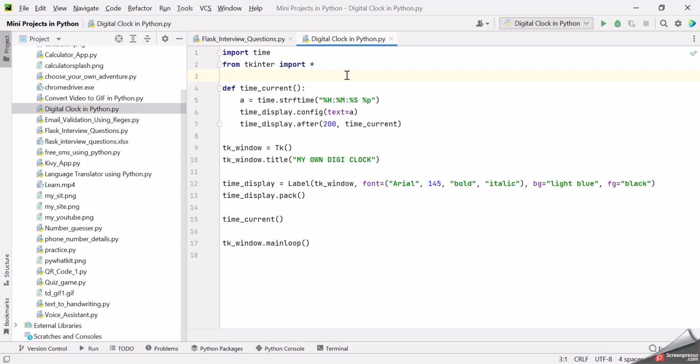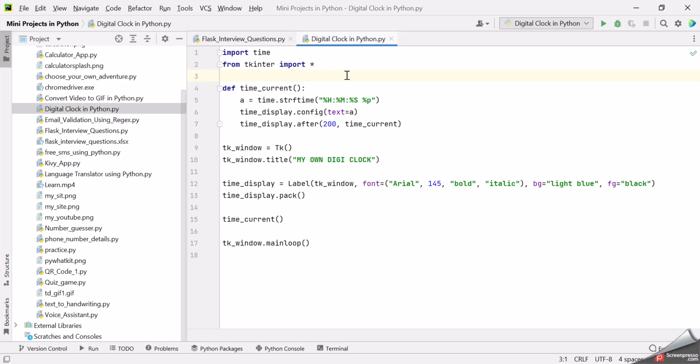So today I am excited to present my mini project called My Own Digi Clock. As the name suggests, this project is all about creating a digital clock using Python's Tkinter library. In order to bring this project to life, I have utilized Python and its Tkinter library extensively. Tkinter provides a simple way to create graphical user interfaces (UI), making it an ideal choice for building desktop applications